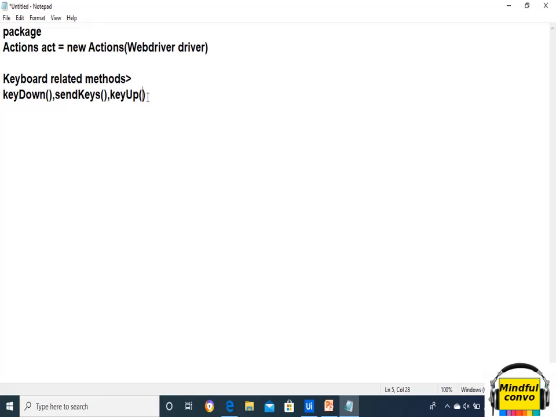Shift key is just an example. Basically keyUp means to release a modifier key.